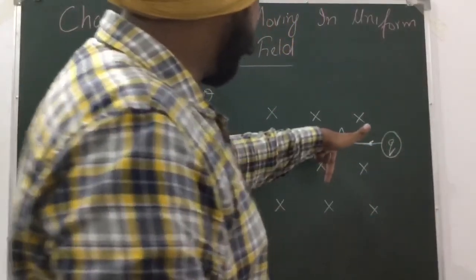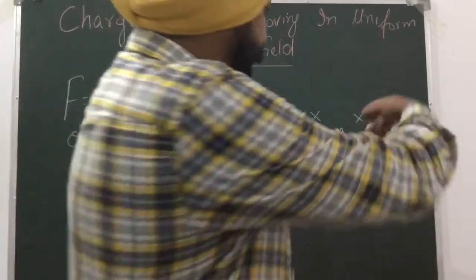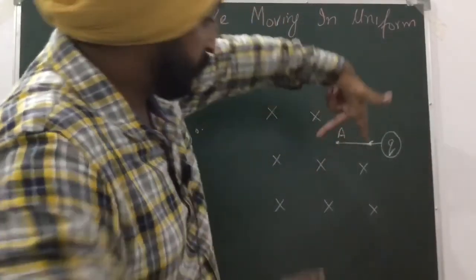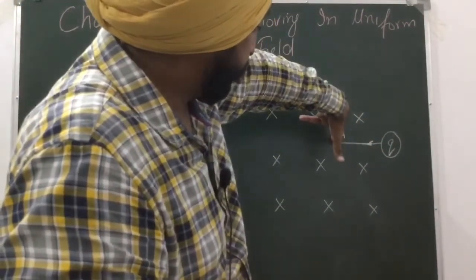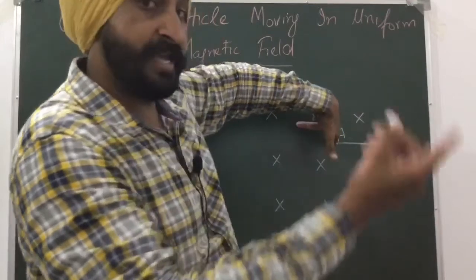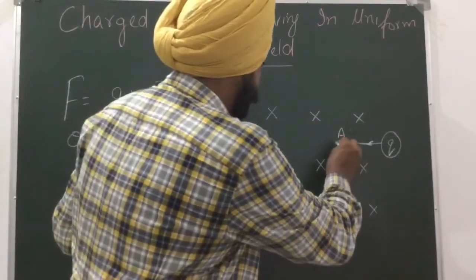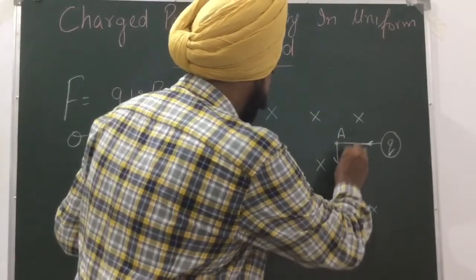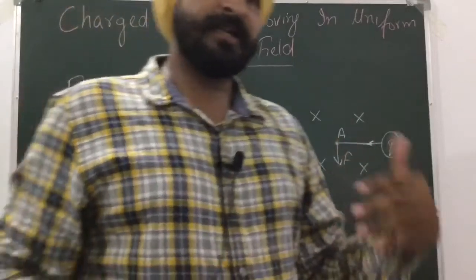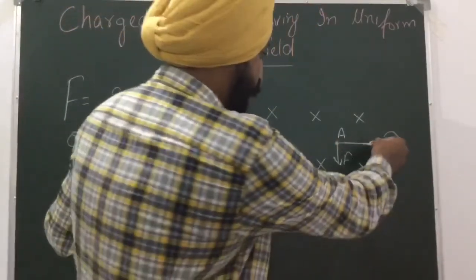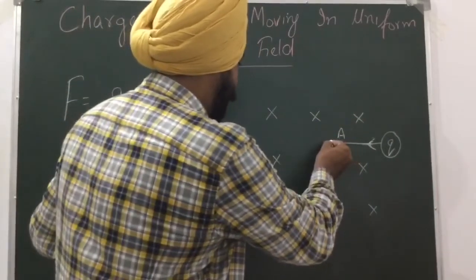So the magnetic field is directed into the board, and this charge is moving in this direction. So I would take my middle finger in this direction. Fine. So from here it is clear that the force it will be experiencing will be in the downward direction. Now if this charge is experiencing a force in the downward direction, but earlier it was moving in this direction, that means it will bend, and it will bend like this.